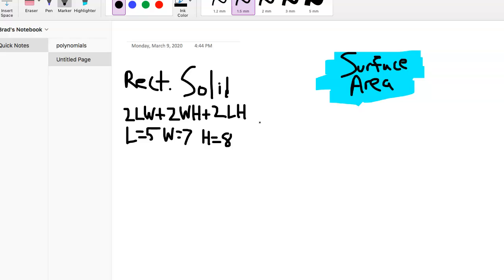So for rectangular solid, we have 2 times length times width plus 2 times width times height plus 2 times length times height. Okay, so you have 2 of everything, right? 2 lengths, 2 widths, 2 heights. That might be an easier way to remember it. Okay, so once we have our formula,